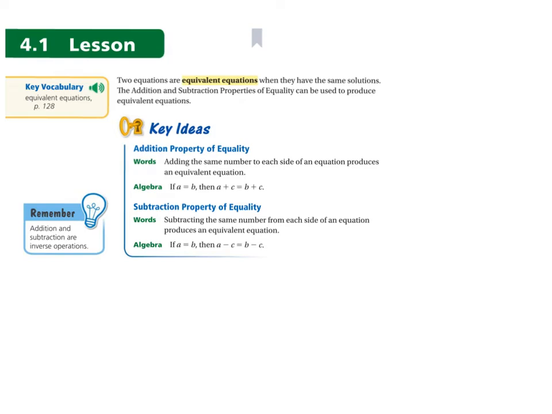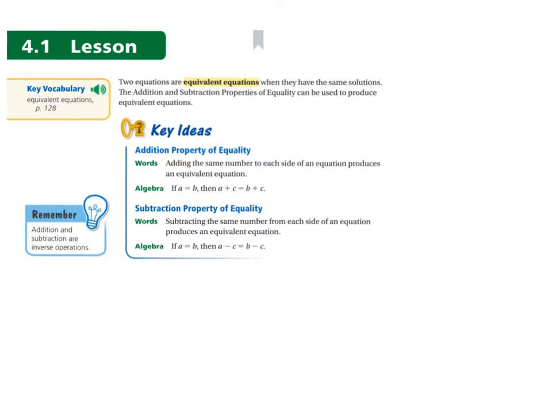Okay, chapter 4, we're going to be talking about equations. Prior to this, we were talking about expressions. So we're going from expressions to equations. And if you look at the word equation, you see the root word equa, which is close to, hopefully you're realizing, equals. Okay, so the difference between an expression and an equation is that there's an equal sign